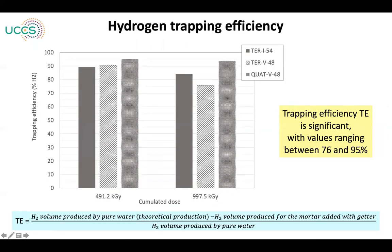So we determine from these raw results a trapping efficiency parameter, which is the hydrogen produced by pure water minus the hydrogen produced by the mortars added with getter, divided by the hydrogen produced by pure water, expressed in percentage. And you can see that the trapping efficiency is between 76% here and 95% here, depending on